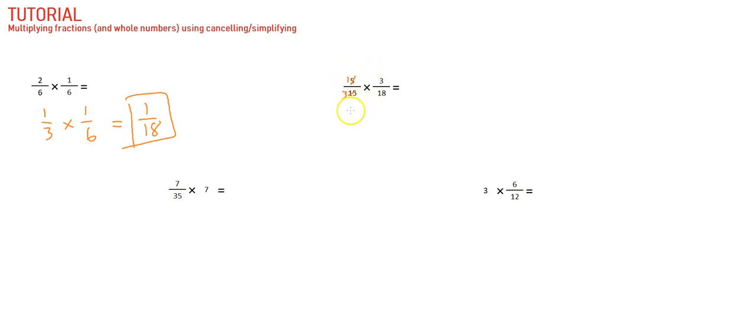So I'll just do this down here. So 1/3. And I can simplify this as well. This can be divided by 3, so 18 divided by 3 is 6. And 1 times 1 is 1, 3 times 6 is 18, and this becomes the final answer. This one over here, so we've got 7/35,